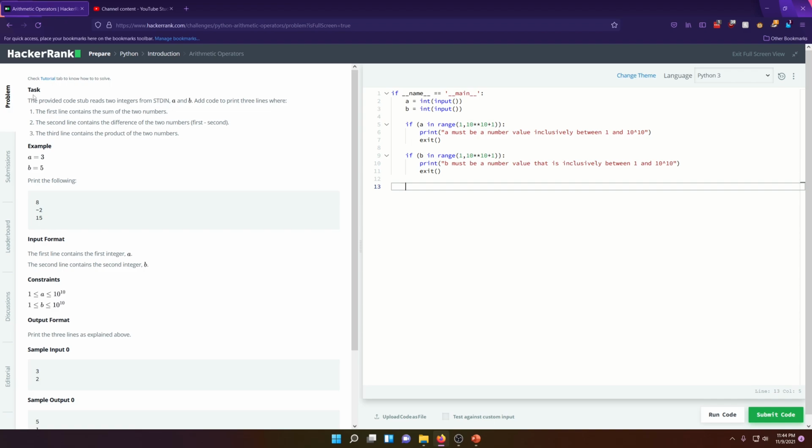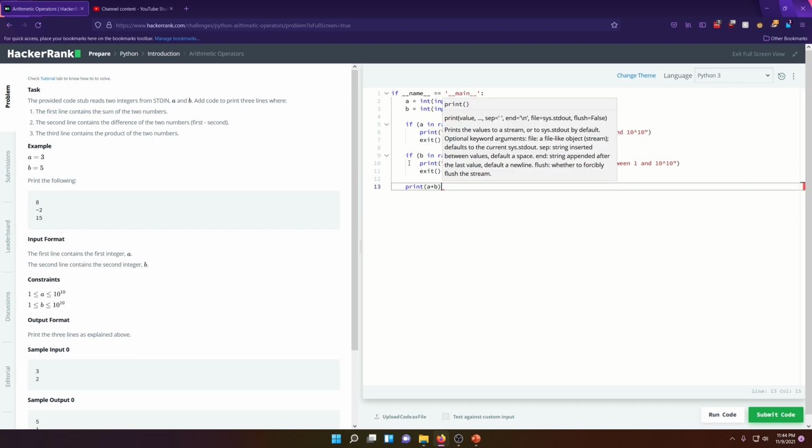So our actual task, if we go back up here, is we need to print these 3 lines out. We need our first line to contain the sum of the 2 numbers. Very simple, A plus B. Boom. We could assign a variable, C equals A plus B, and print it out that way, but we want to optimize our